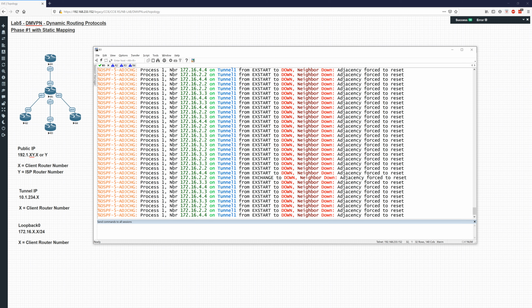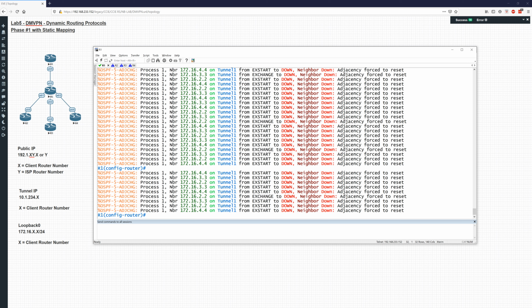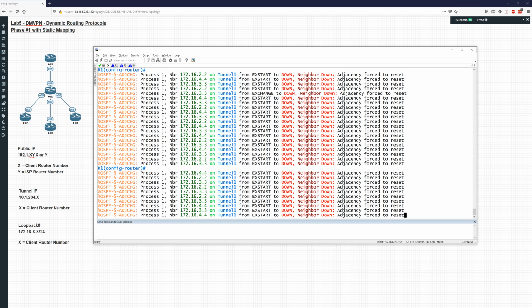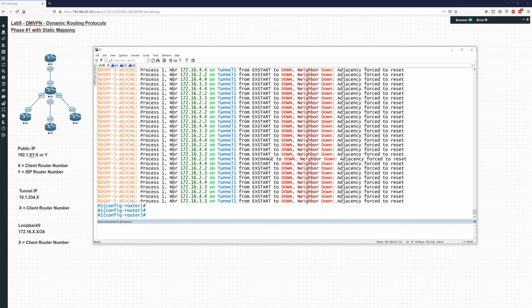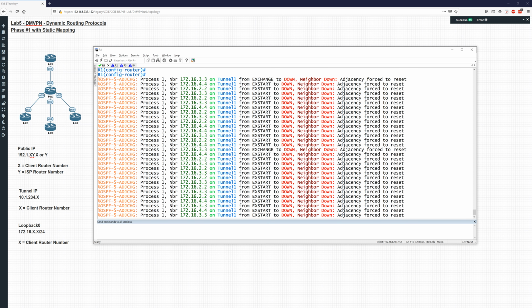Neighbor down, forced to reset, ExStart exchange, because, so you see what's happening. The hub says, hey, I don't know what's going on. I'm receiving multiple sites on me, right? Because if I look at it, let me show you. How can I show you? Okay, let's type do show